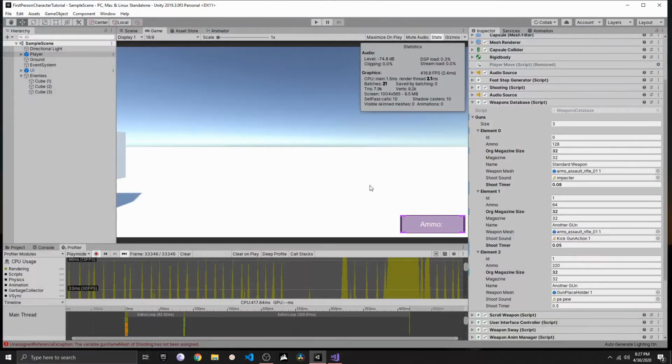Hey guys, and welcome to episode number 12, where we are going to take care of the inventory system. So I mentioned in the last episode that with our current setup with the weapon database script, everything is pretty much working, right? Except for the fact that whenever we switch between these weapons, we always reset the magazine and ammo size to the original size, and that's because we don't store the current value that we have once we